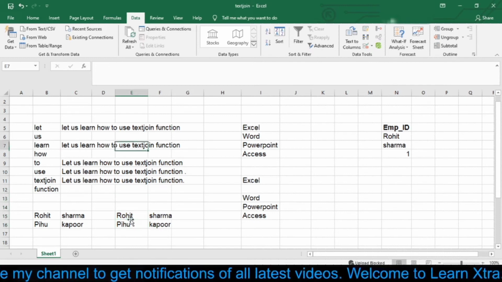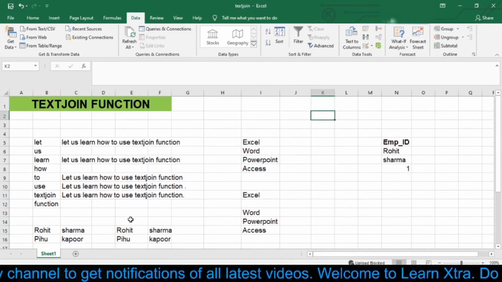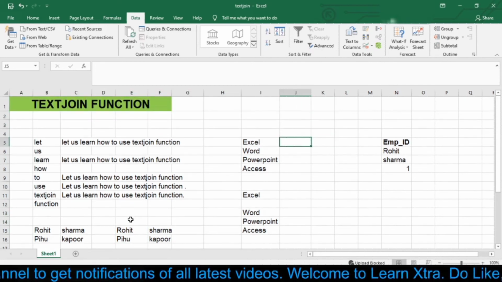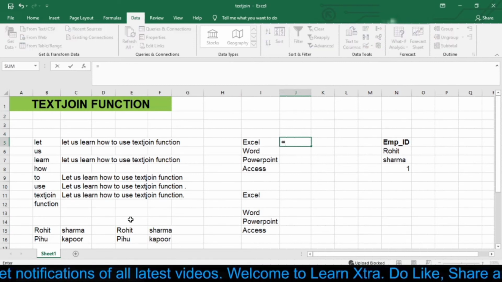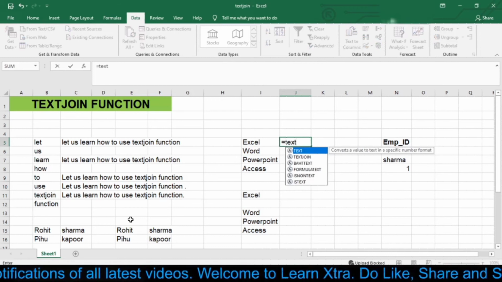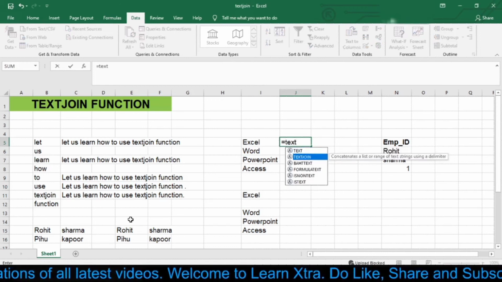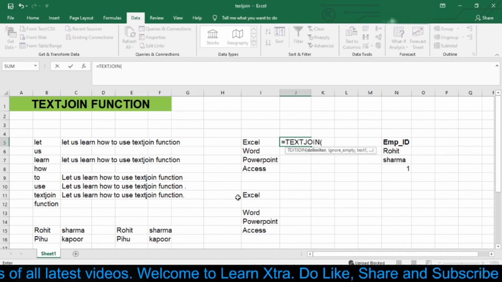Now let's move on to our next example. Here I have 4 words written, that is Excel, Word, PowerPoint, Access. So here we will use the TEXTJOIN function, and in the delimiter I want to use a comma.